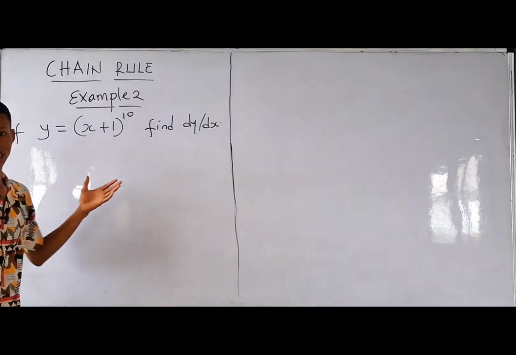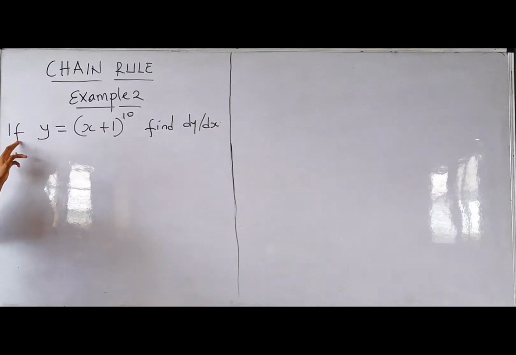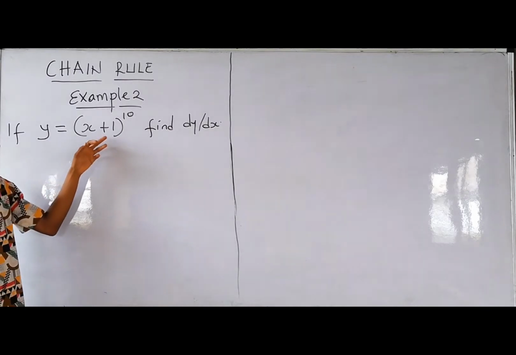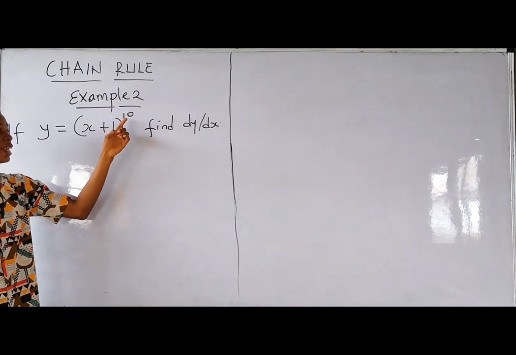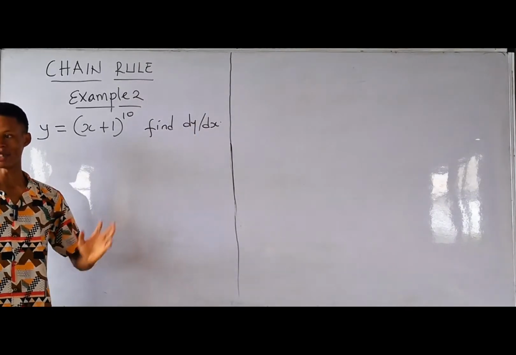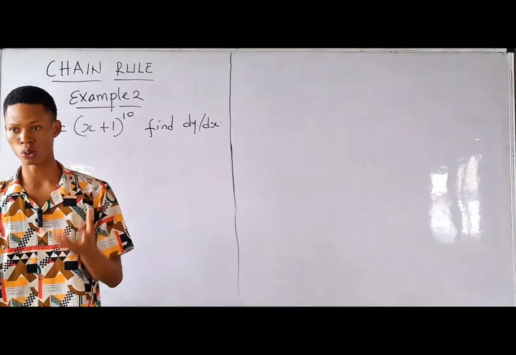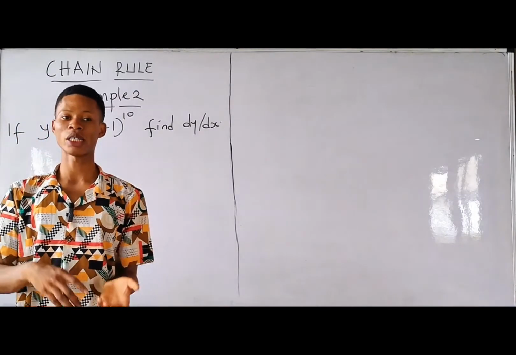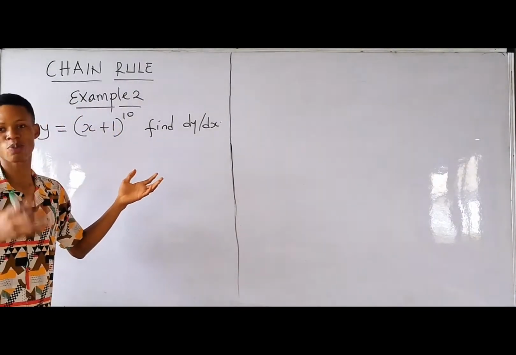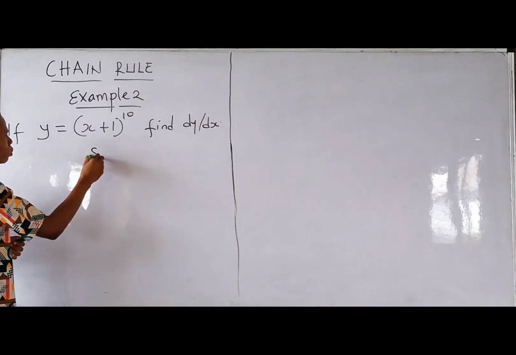Okay, so let's look at example 2. Example 2 says, if y equal to x plus 1 all raised to power 10, find dy over dx. Find the derivative. Now, in this case, nobody will even tell you to use chain rule, because if you want to expand, you expand and expand and expand. This is raised to power 10. So, using chain rule,